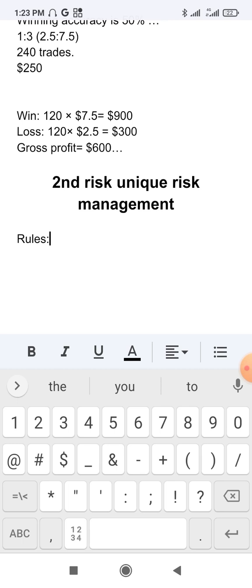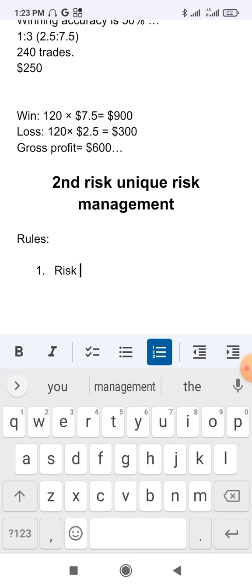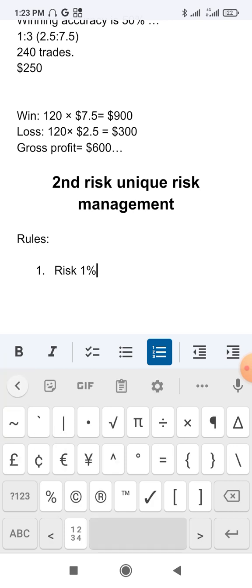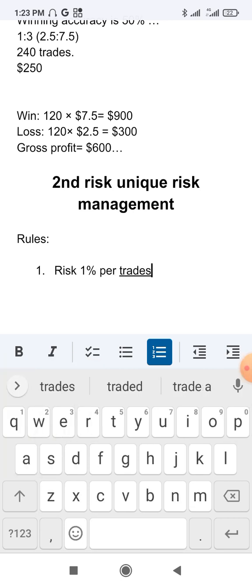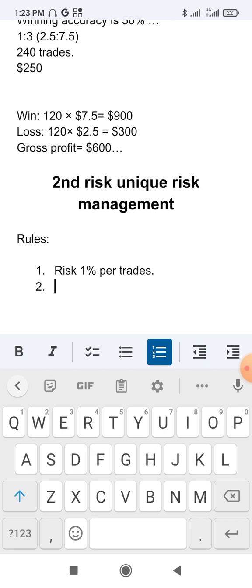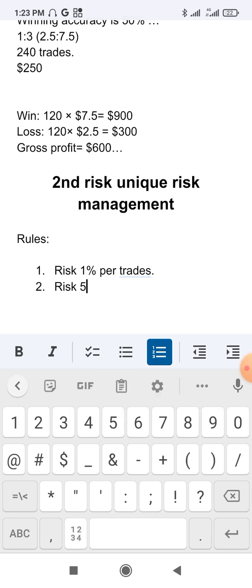So the rules are: number 1, risk 1% per trade. Number 2, risk 50%